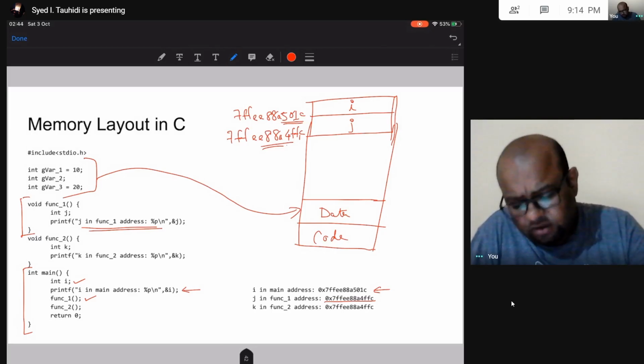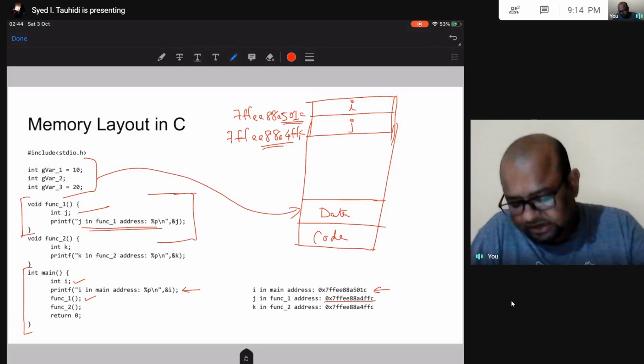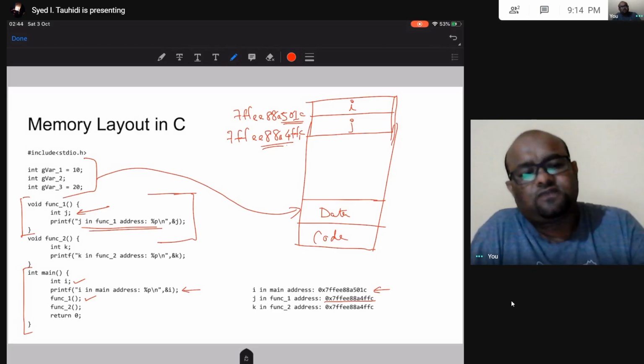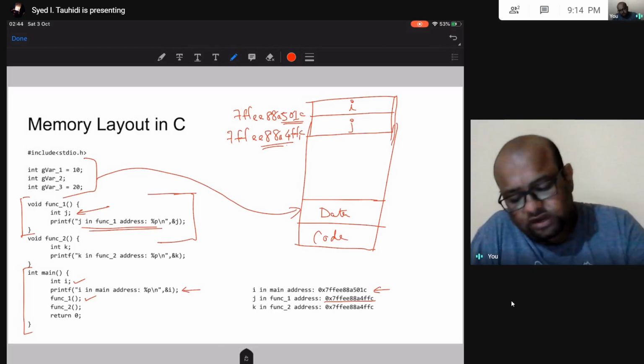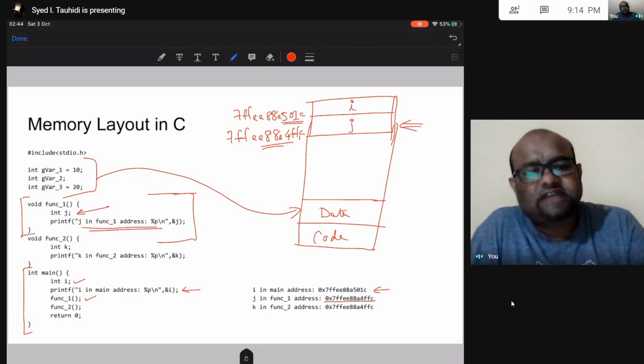So right now, this function is being called from main. This variable j is a local variable in function1, and it is allocated this memory in my stack.